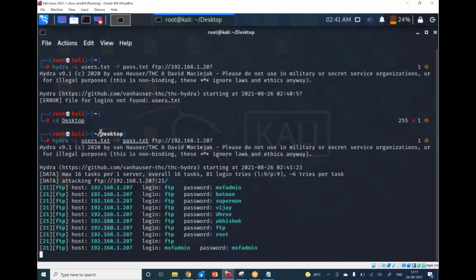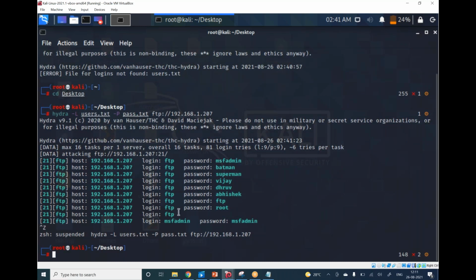All the green ones are actually the login and the password. Okay, Control Z. So there are so many logins and so many passwords for it. One of it I can take is msfadmin and msfadmin. I can take this, or I can take ftp and msfadmin, so username and password. Now I will go here and type ftp